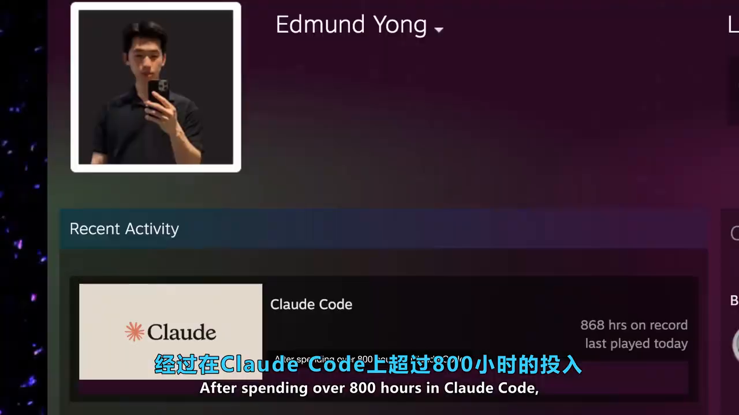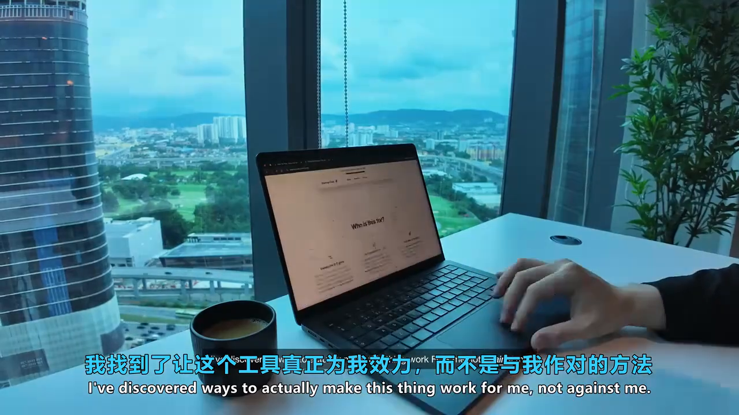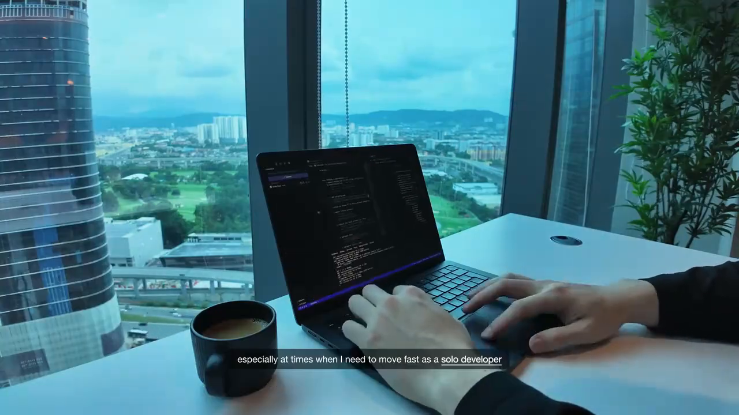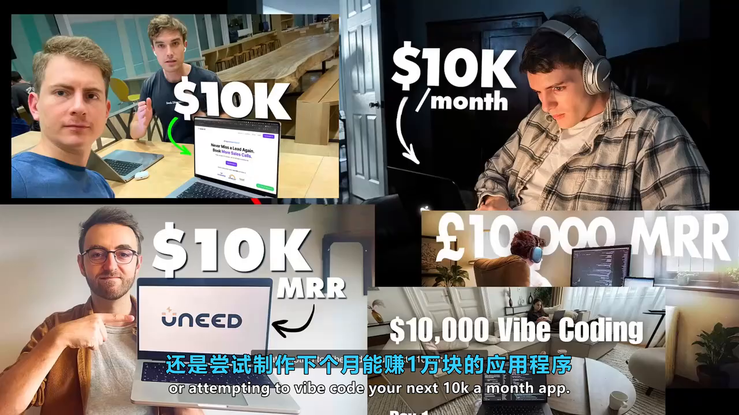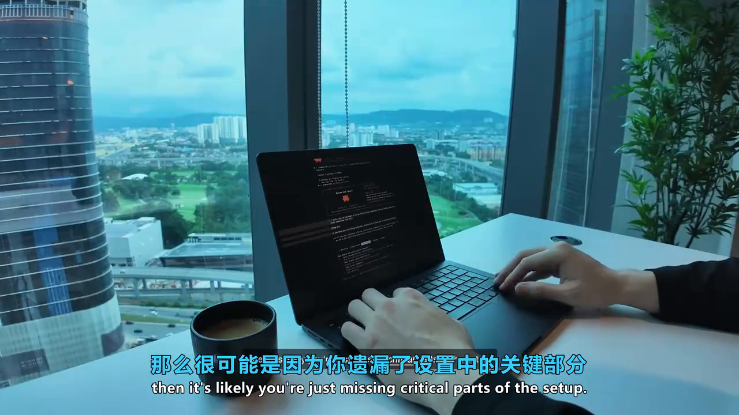After spending over 800 hours in Claude Code, I've discovered ways to actually make this thing work for me, not against me, especially at times when I need to move fast as a solo developer. Whether you're churning through tickets at a corporate tech job or attempting to vibe code your next 10K a month app, if Claude has ever felt dumb to you at times, then it's likely you're just missing critical parts of